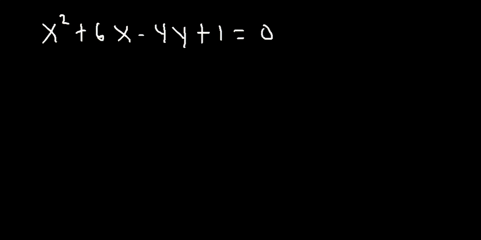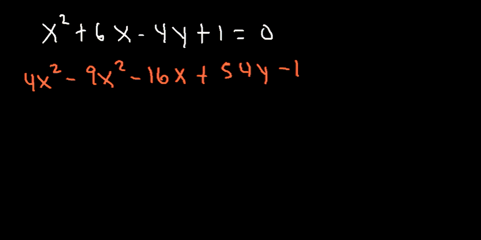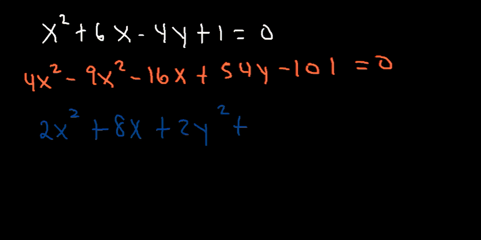So now let's say you're given these 4 equations. x squared plus 6x minus 4y plus 1 is equal to 0. And 4x squared minus 9y squared minus 16x plus 54y, let's say that's equal to 0 as well. And then this one, 2x squared, and the last one,